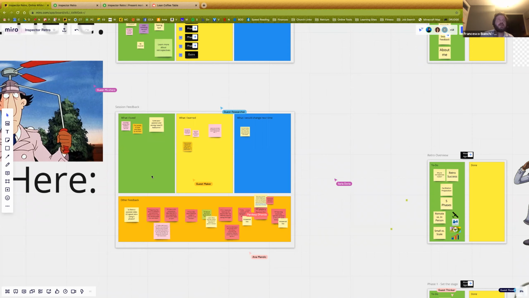Last idea, Isaac, so you can also confirm: will this board remain available to people to go back and check? Absolutely. I will leave it there. What I will do is switch it over to view, because I don't want people going in and moving stuff around, but I will leave the board available for you. I'll even leave it on comment if you want to leave a comment on the board, but I won't do that for a while. I'll do that tomorrow. So yes, this link will still be good.